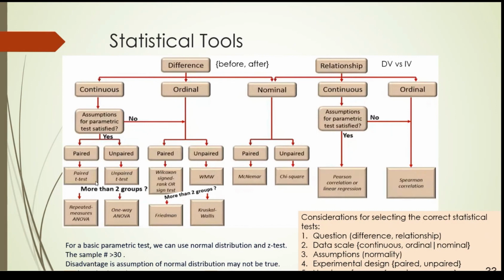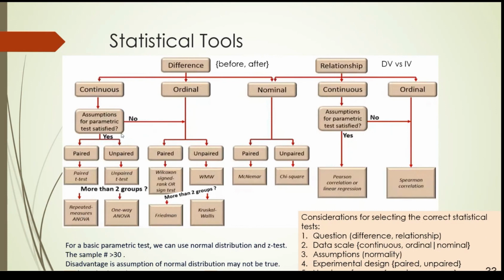And then we also need to ask ourselves, is there a normal distribution for this kind of data? Some data, we already know follows some kind of distribution. If it follows a normal distribution, then we can use statistical tools based on that distribution. For continuous, we have a t-test. Maybe you have heard of the z-test, but we don't use it because the z-test is not reliable. We use the t-test, and if we have more than two groups, then we use ANOVA.